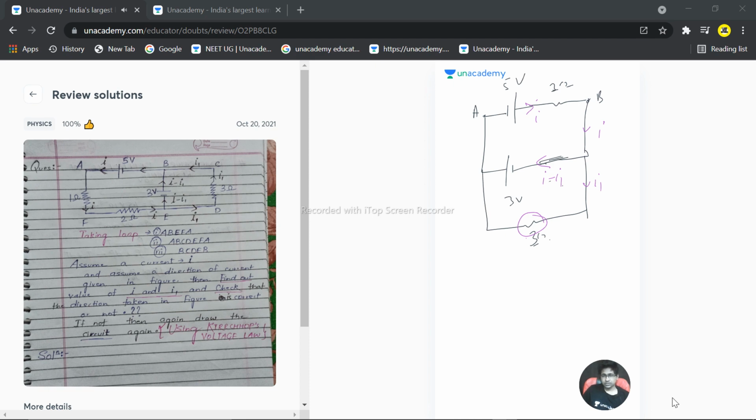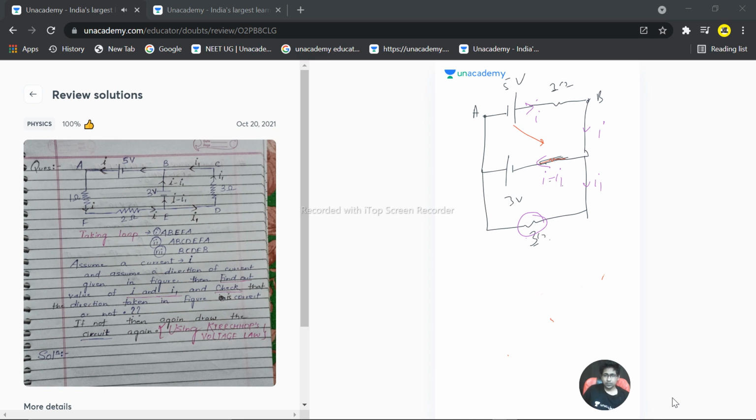So there is a 0 ohm resistor here, correct? So equivalent will be 5 into 0 plus, actually minus, which one is bigger? 5 volt is bigger, so I'm considering this as plus, and minus of 3 multiplied by 3 by R1 plus R2, which becomes minus 3 volt. The meaning of minus 3 volt is, or actually, let's start solving by making a loop. Let's start solving the question without assuming anything.